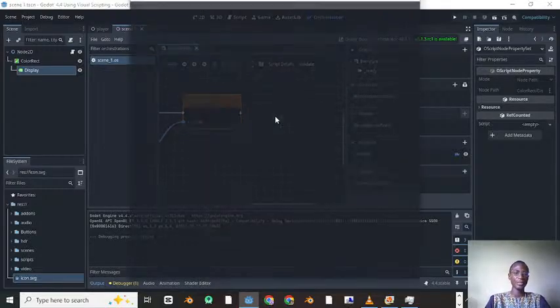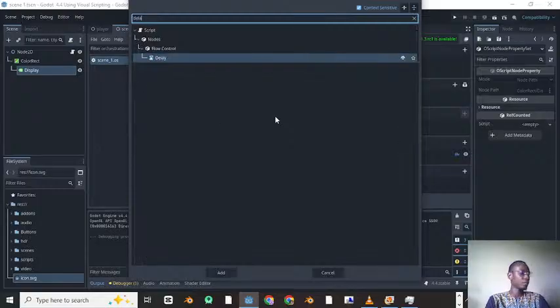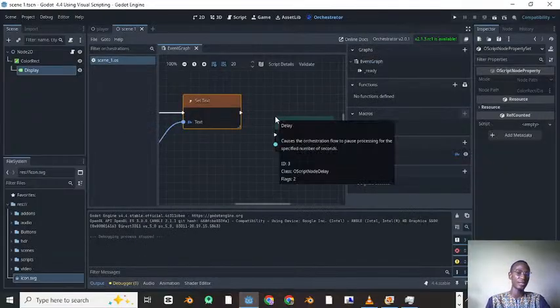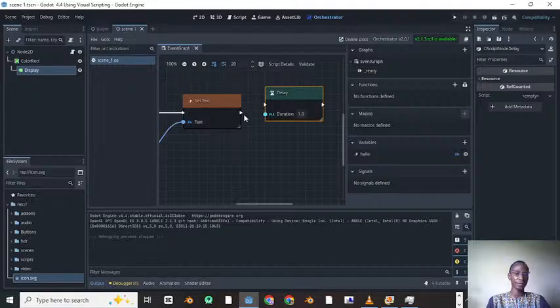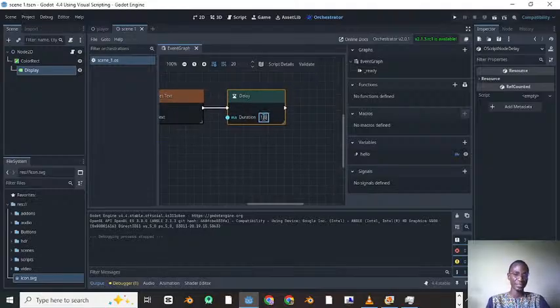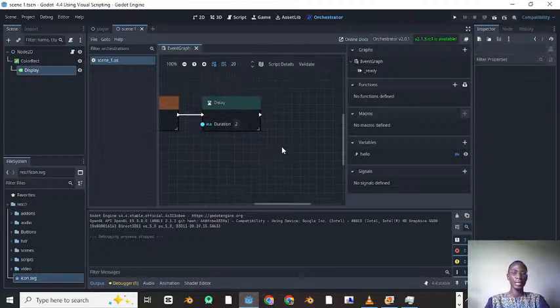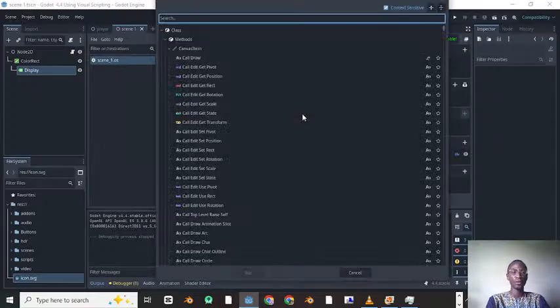So I'm going to right click here and I will type delay. The delay is a function that we use in delaying or putting up a timer. We also have a timer node, but we don't want to use that now. We're going to come to that later. So I'm going to make this delay for 2 seconds, and now I'm going to add something